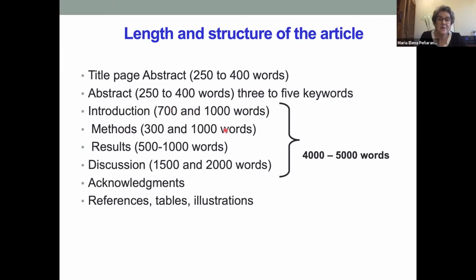Methodology, 3 to 1,000 words. Results, 500 to 1,000 words. And discussion is the most, 2,000 words up to. Because this is where we want to spend the time interpreting our results, explaining why it's important, why it's new,